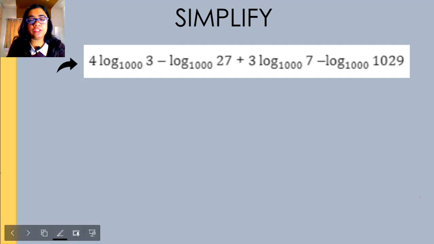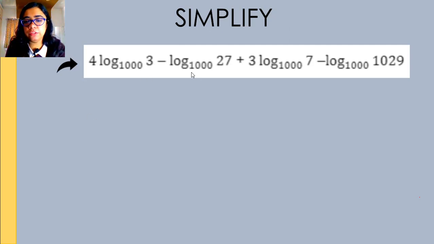Now look at the question. This is your first question. 4 log 3 to the base 1000 minus log 27 to the base 1000 plus 3 log 7 to the base 1000 and minus log 1029 to the base 1000. So यहाँ पे if you check, one common thing is that all the logs have the same base, which is 1000. Now since they have the same base and they have addition and subtraction between them, you can directly use